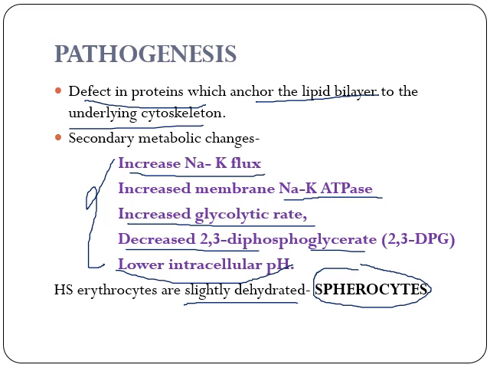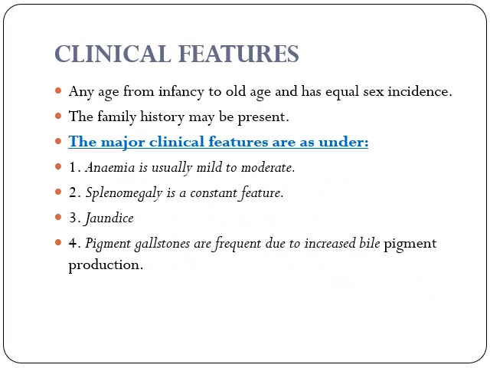Now, at this point, if it was a normal RBC, it could have adjusted to this increased water by increasing its volume. But since this is an abnormal condition and at this stage the volume is already increased, they cannot adjust to these new changes and they will undergo hemolysis due to splenic activity. So here RBCs are dehydrated. Due to dehydration of RBC, there is too much formation of spherocytes.